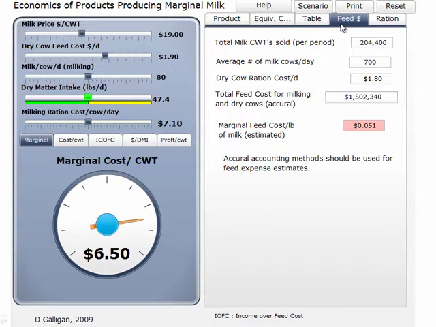So one enters in the total number of hundredweights that are sold, perhaps on an annual basis for a herd, the average number of milk cows per day that are in the herd. One could get that from DHI data. An estimate of the dry cow ration cost, in this case I have it at $1.80, and the total feed cost for the milking herd from your accrual record. So this would be the total expenditure of feeds actually used during the period of time you sold these hundredweights